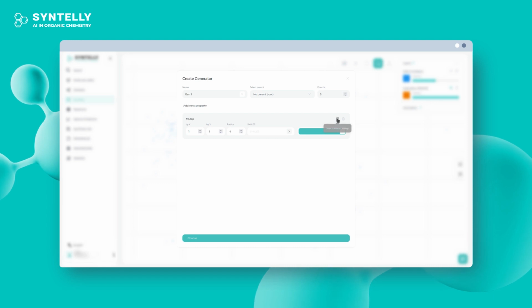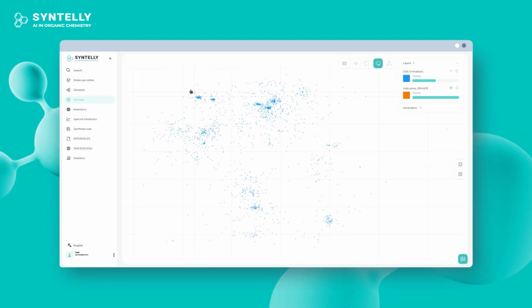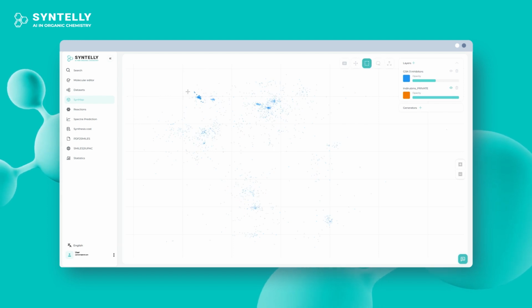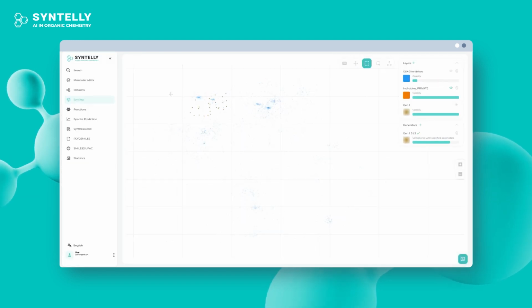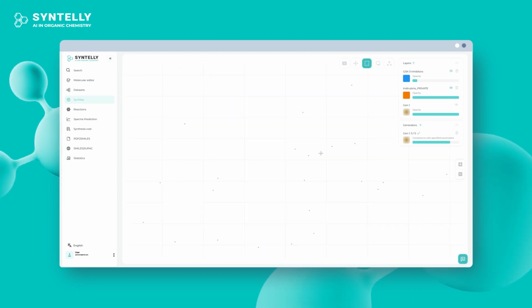To select an area on the map, click on the button in the upper right corner. Select the region in which the pyrazolopyrimidine compounds are located, reduce the radius, and start generation. The resulting compounds are in a separate dataset. They can be visualized based on proximity to the original query, selected and saved to a dataset.